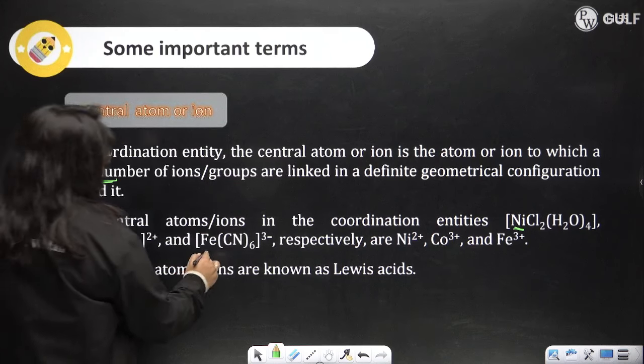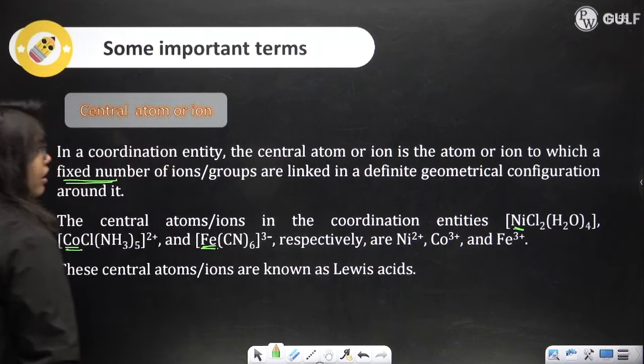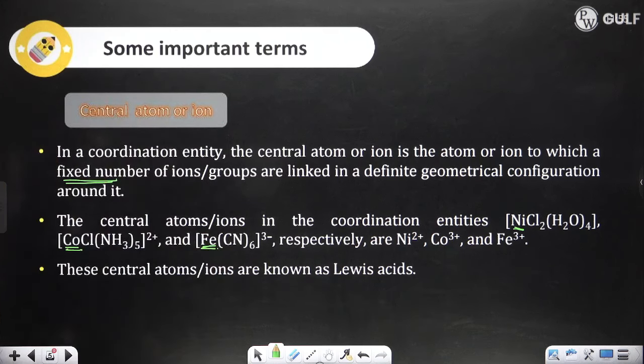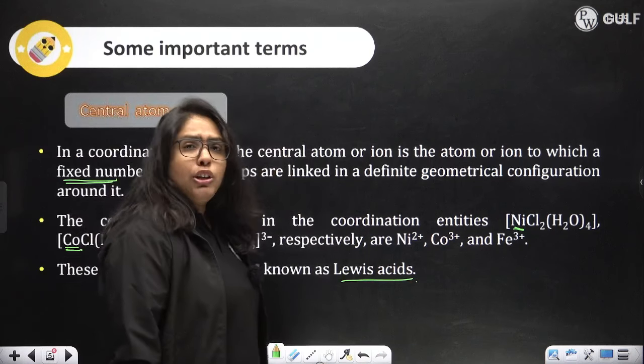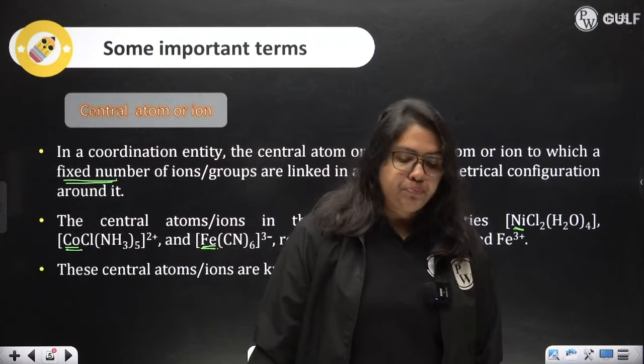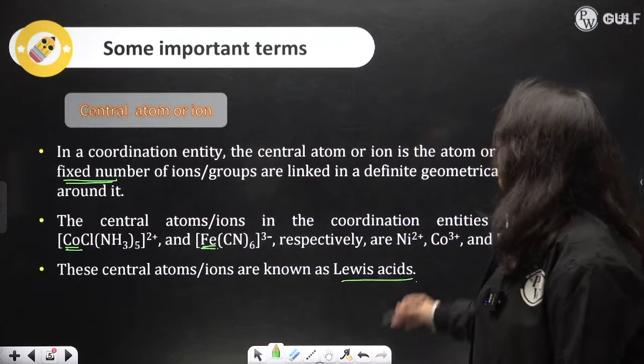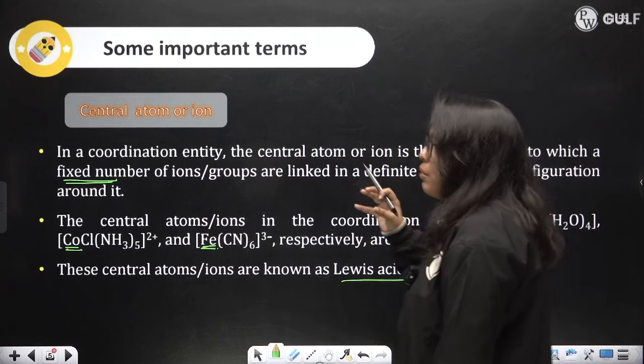And over here it's iron, Fe plus 3. Now these central atoms or ions are known as Lewis acids. Ma'am, metals? Lewis acids? What are you saying? No, but these ions that are there, when you hear the term coordination